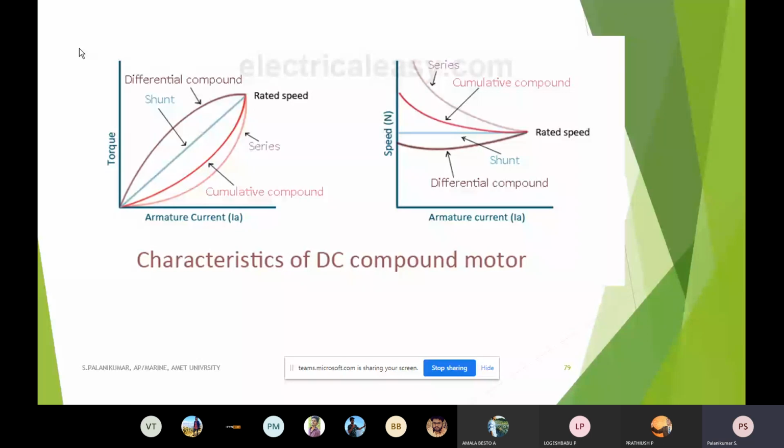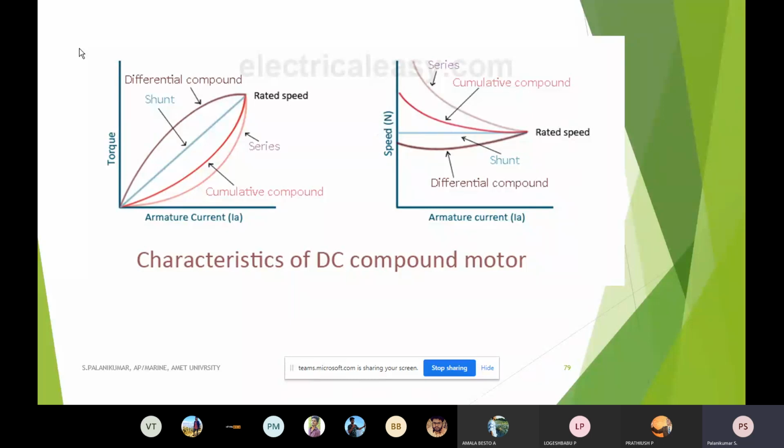So instead of that, we can recover it back, we can feed it back to the source also, by means of storing the energy in a battery. With appropriate converters, appropriate reverse power flow is facilitated, and when the appropriate converter is identified, it is very easy to have the energy stored, that is, we can retrieve it back.